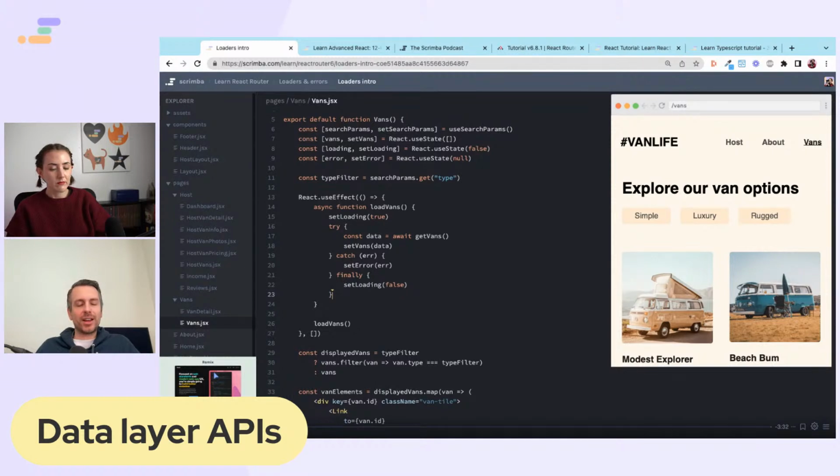In the data layer APIs, React Router has made it so that you can delay the transition to your new route. So when you click on the Vans link, before it actually replaces the content on the page, it kicks off the request. And so you make the request, and then when the request comes back, it takes that data and puts it into the Vans route, and you can just assume that the data is synchronously there. So there's no longer error handling, because there's another mechanism for handling errors using an error element in your